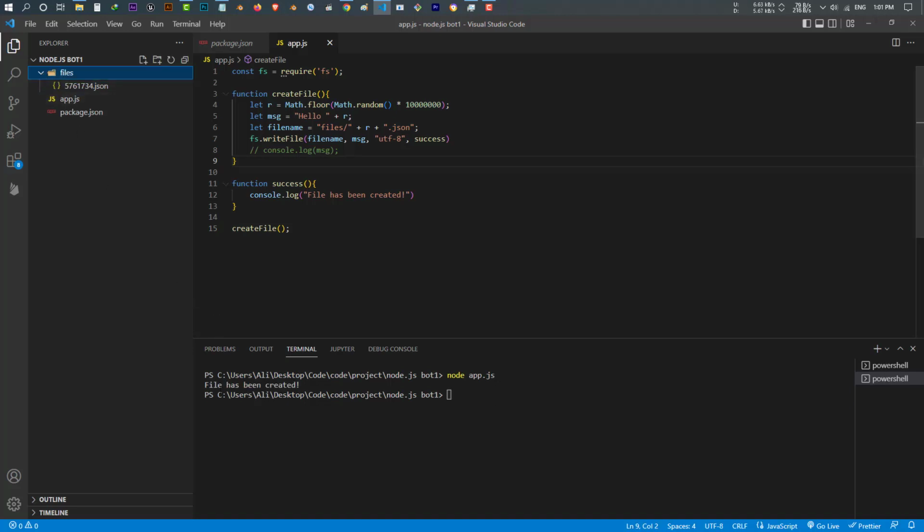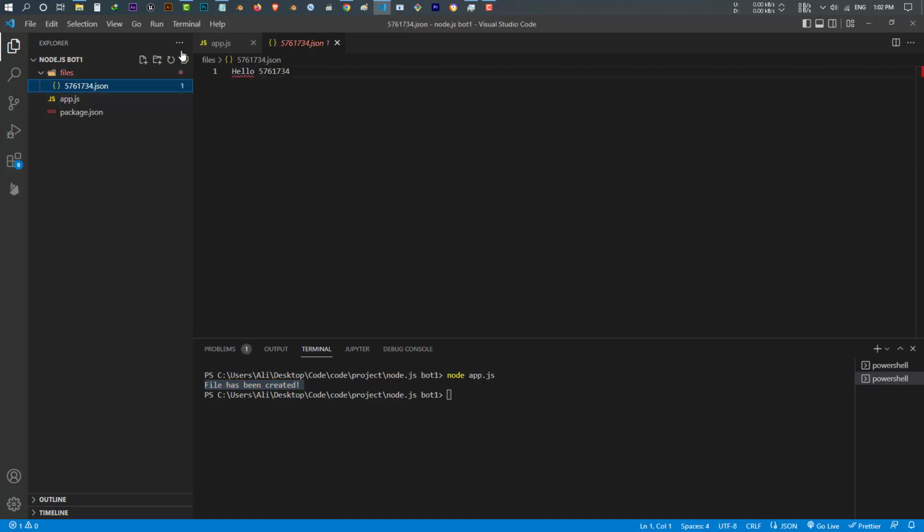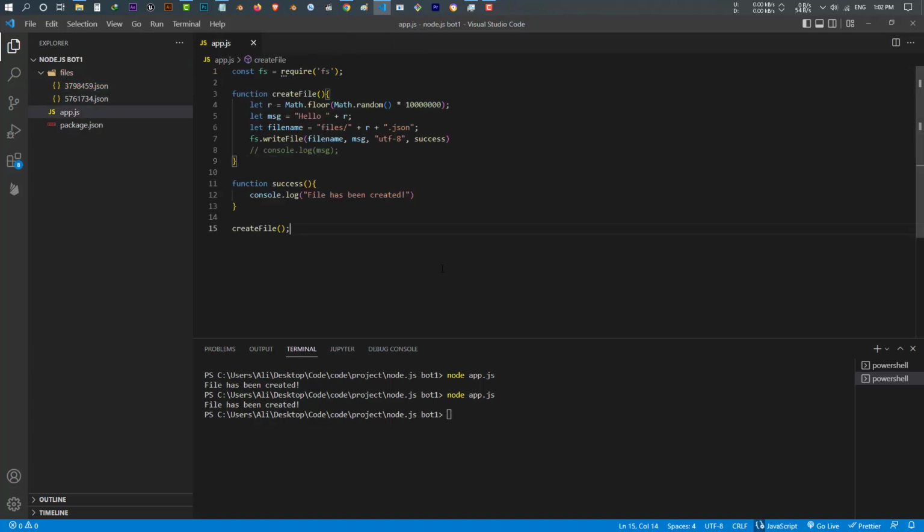And there you go, we got the message, file has been created, and inside the files we have this file with a random number as a name .json, and inside this one we have this message hello with the random number. If I run the program once again, there we go, we have another file with a random name, and inside this one we have this hello with that random number. As much as we run, we create more and more files,